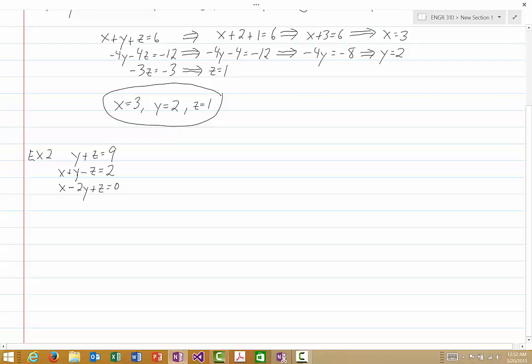So our augmented matrix representing this system of equations would be [0, 1, 1, 9], [1, 1, -1, 2], [1, -2, 1, 0]. And again, as we've already hinted, this is going to be a case where we're going to need partial pivoting,